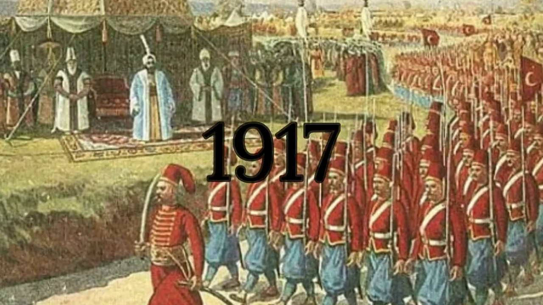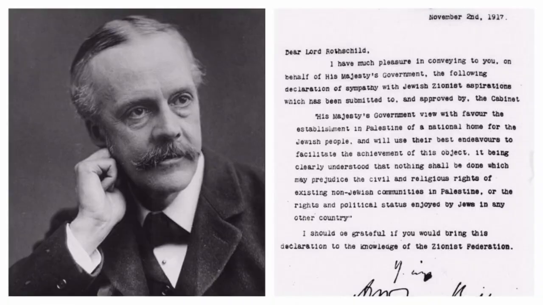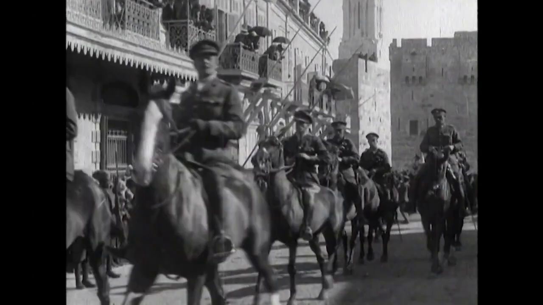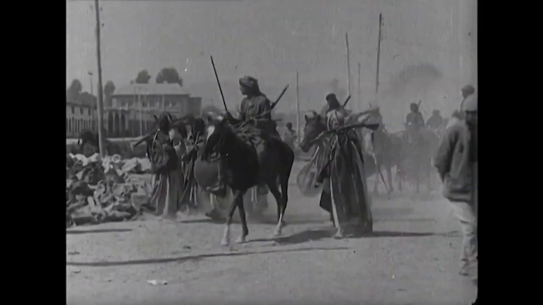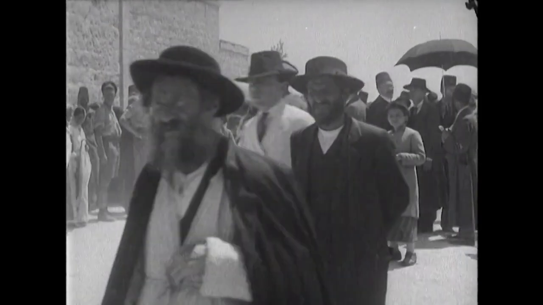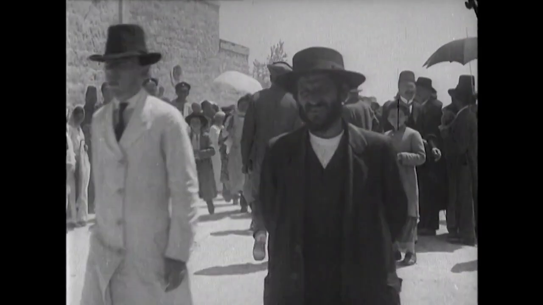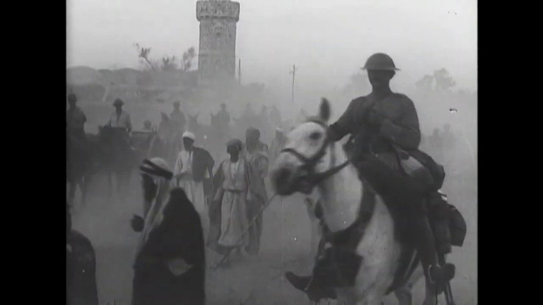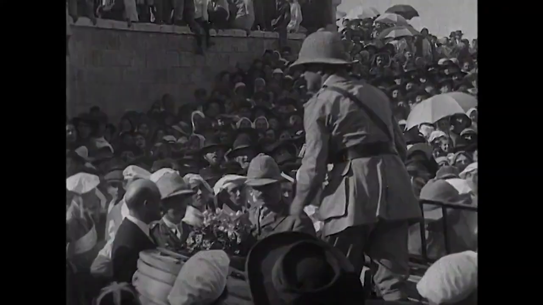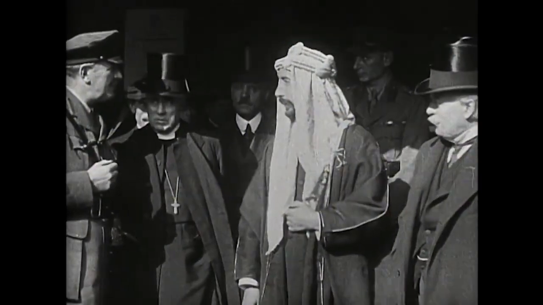In 1917, the British government issued the Balfour Declaration, a significant policy statement expressing support for the establishment of a national home for the Jewish people in Palestine. This declaration marked a pivotal moment as it signaled a shift in British policy and laid the groundwork for the eventual realization of a Jewish homeland in the region. This promise, however, ignited tensions among the Arab population, who formed the majority in the area.